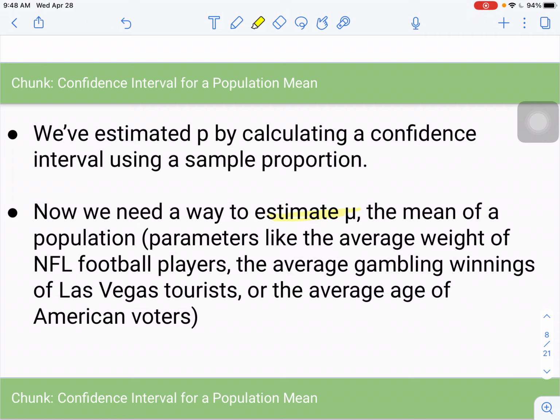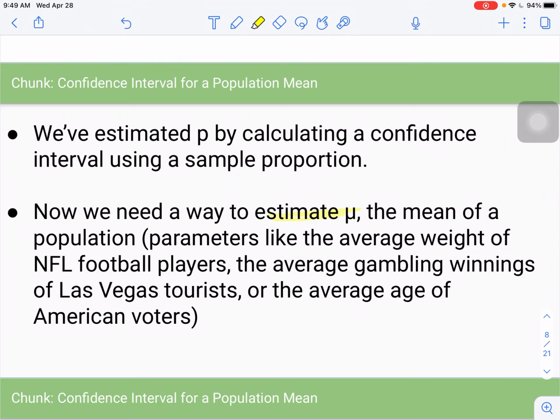So it could be parameters like the average weight of NFL football players, the average gambling winnings of Las Vegas tourists, or the average age of American voters. All of those things, it's going to be really challenging to actually calculate the mean. You could probably do it with the NFL football players example, but it'd be nearly impossible to calculate the average age of American voters or the average gambling winnings of Las Vegas tourists, just because those population sizes are so large. So we're going to go through a process on how to do that estimation technique